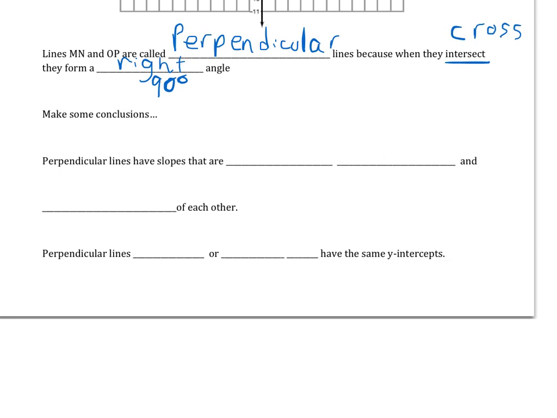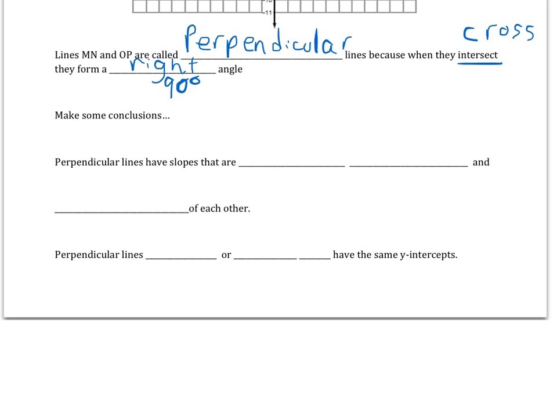Okay, let's skip down here. It says perpendicular lines have slopes. So we're focused on the slopes. I'm thinking back right now to what I already discovered about their slopes. Okay, so the slopes were opposite